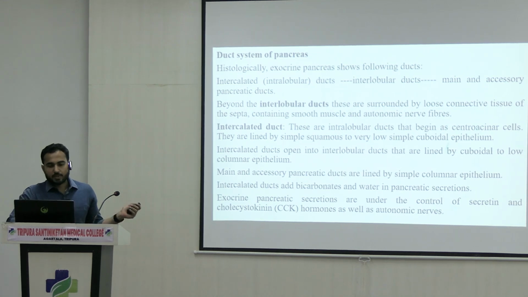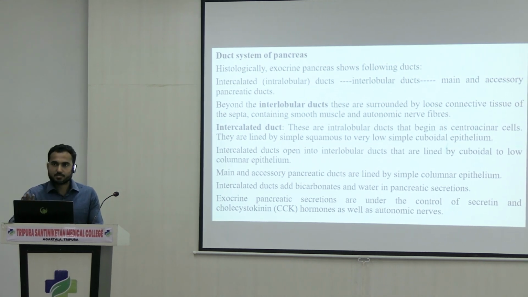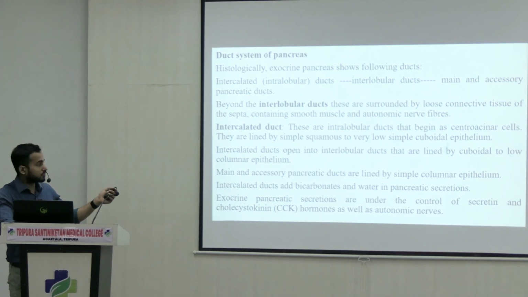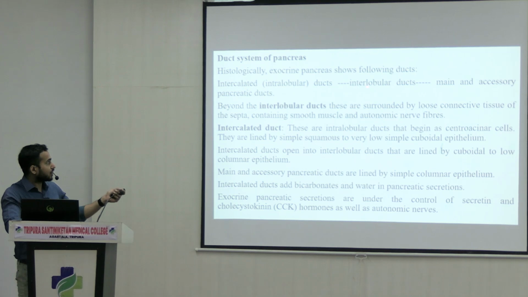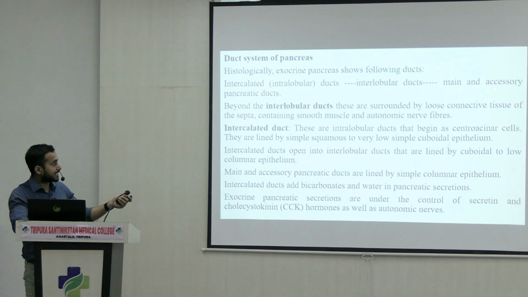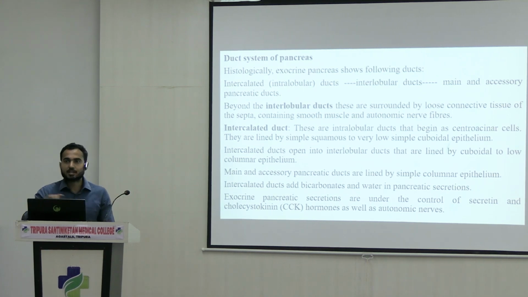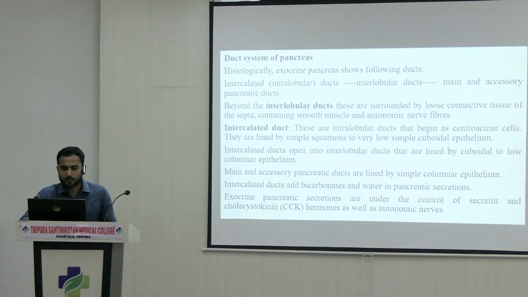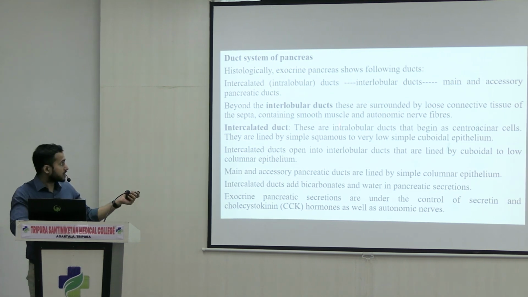Now, in the exocrine pancreas, duct systems are there. First of all, the intercalated duct is there, the smallest one. Then the interlobular duct, and then the main and accessory pancreatic duct. This is the duct system, and this is how the pancreatic juice is conveyed. Beyond the interlobular duct, it is surrounded by connective tissue septa containing smooth muscle and